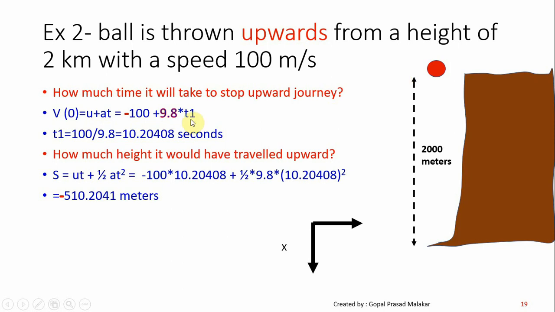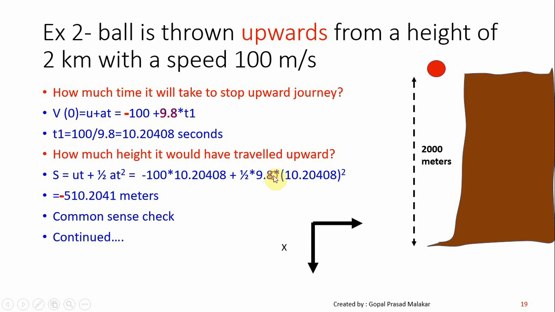Think of it this way. The initial velocity was 100. The terminal velocity is 0. So obviously the average velocity upward is actually like 50. And because it traveled some 10.2 seconds, it has traveled 510 meters in this direction. Now the next question comes, how much time will it take to come down? Commonsensically it makes sense, because that's what it looks like. 100 here, upward 0, average speed is 100 plus 0 divided by 2, that gives you 50, and that's what is coming out here.